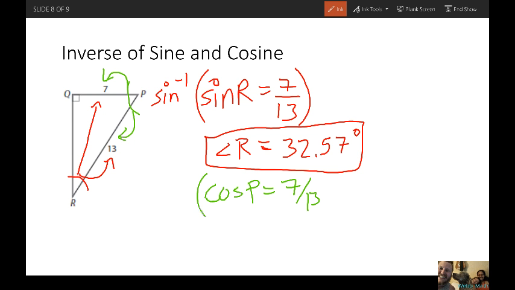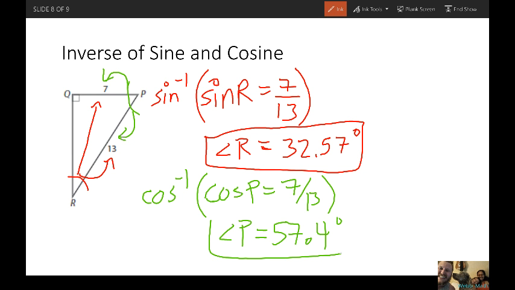If you really want just a quick way of doing this, you literally just type in 7 over 13 and then inverse of cosine, and you get your answer within about 5 seconds. It's kind of nice. So 7 divided by 13, and then inverse of cosine. Make sure you press the right buttons. Some people go a little too fast. So angle P is approximately 57.4 degrees,